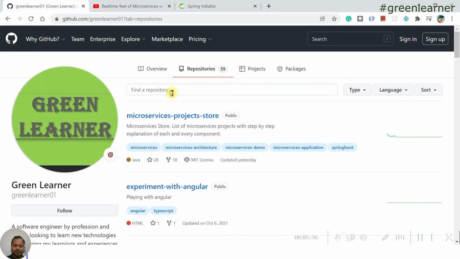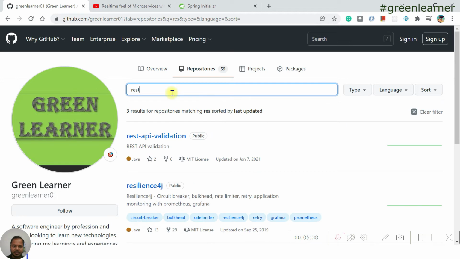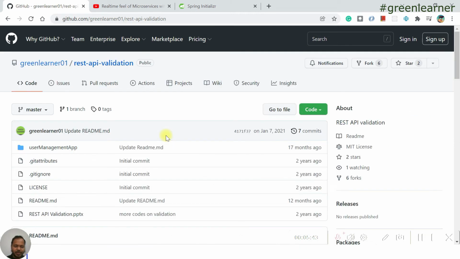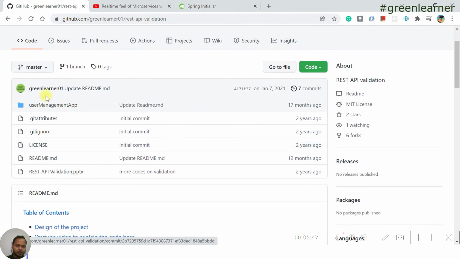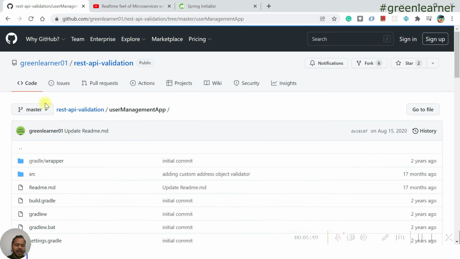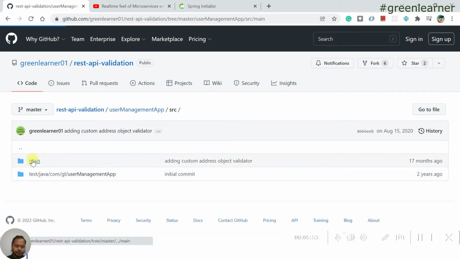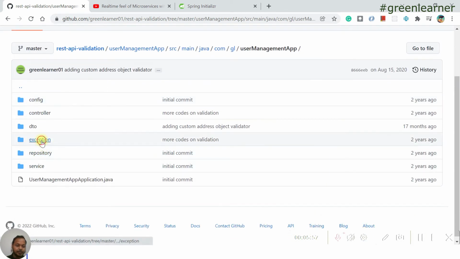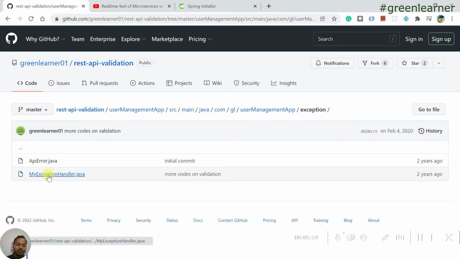If you come here and look for the REST API validation, there are a couple of videos about this API bean validation that I have already done. You can take reference from there also. I'm going to take the exception handling code directly from there and paste it in our code. It is going to save us some time, but if you want more details about it, definitely you can come here.